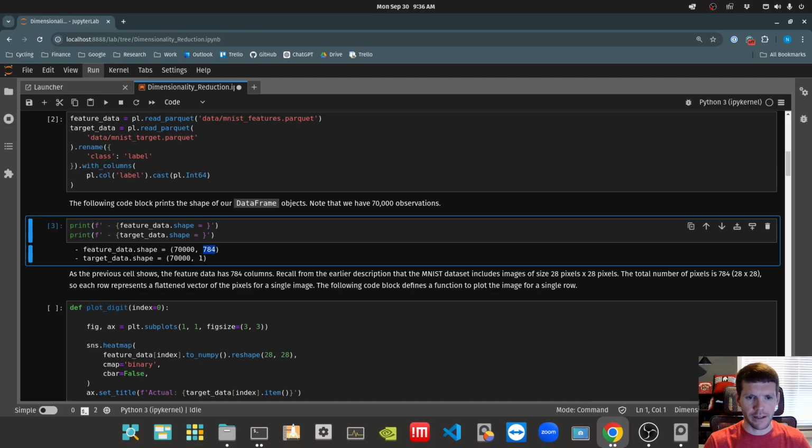Our target data is just going to have a single column. That's going to be the label for each of those 70,000 instances. Now let's talk just a little bit about these 784 features. The MNIST data set consists of handwritten digits. These are essentially just black and white representations of handwritten digits. And each one of these 784 columns, or features, corresponds to a